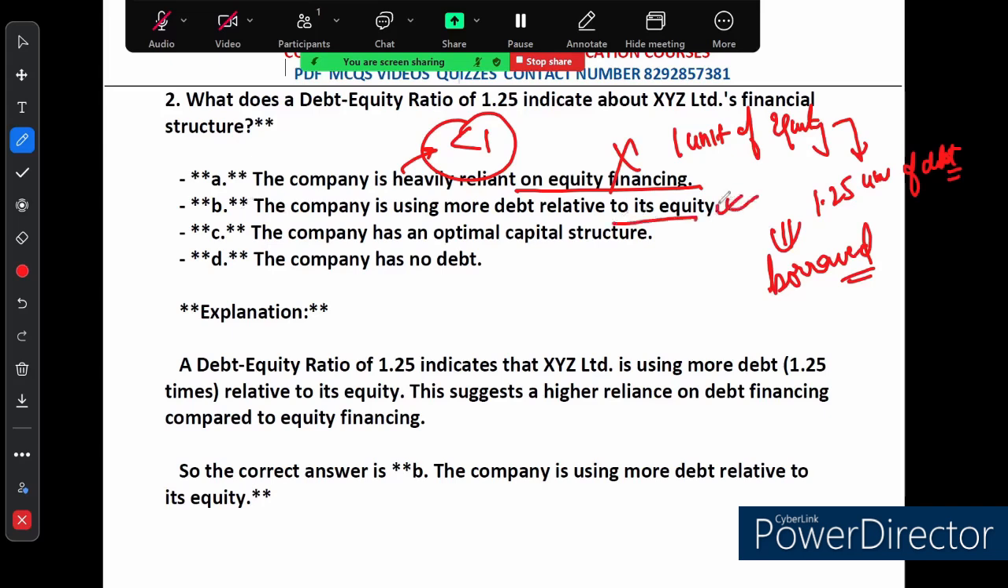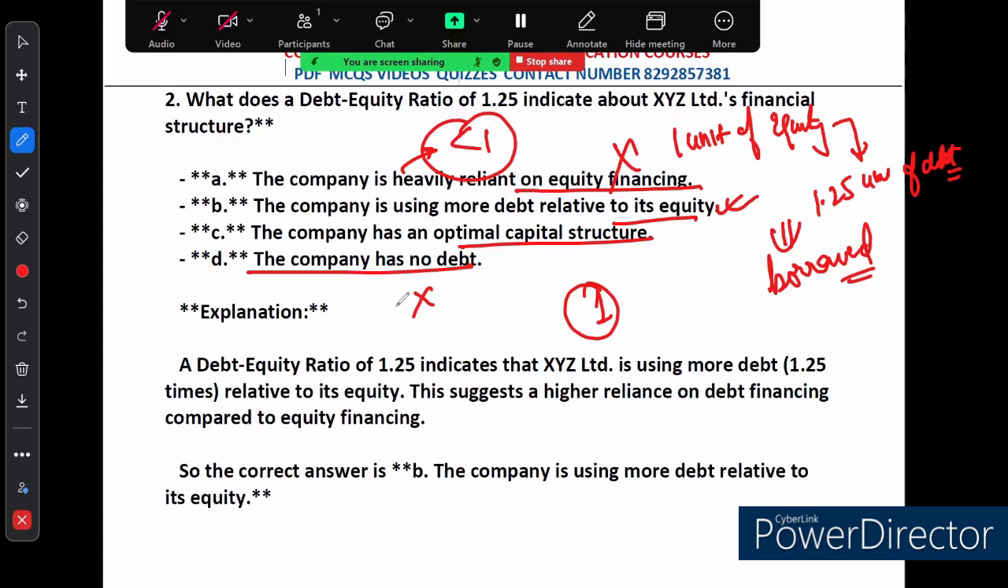ऑप्शन सी कर रहा है कि कंपनी हैज़ एन ऑप्टिमल कैपिटल स्ट्रक्चर। देखिए रेशियो यदि 1 के आसपास हो, तब फिर वाइल अ रेशियो अराउंड 1 कुड बी कंसिडर्ड बैलेंस्ड, वेदर इट इज ऑप्टिमल डिपेंड्स ऑन इंडस्ट्री, कंपनी गोल एंड अदर फैक्टर्स। ऑप्टिमल है या नहीं ये कंपनी गोल पे डिपेंड करता है, लेकिन इस कॉन्टेक्स्ट में हम सिंपली इंटरप्रेट कर सकते हैं कि ये रेशियो बेस्ट फिट नहीं है। ऑप्शन डी कर रहा है कंपनी हैज़ नो डेब्ट, ये तो ऑब्वियसली गलत है। विद अ रेशियो ऑफ 1.25, द कंपनी डज़ हैव डेब्ट एंड दिस ऑप्शन इज इनकरेक्ट।